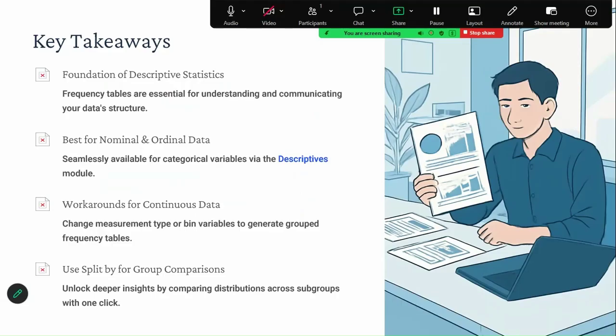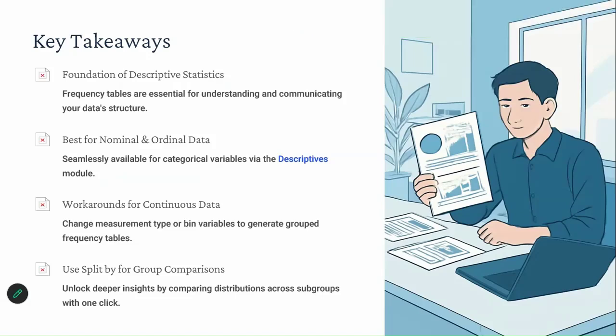To summarize, frequency tables are essential for understanding data. They work best for categorical variables. For continuous data, we use grouping techniques, and Jamovi makes the entire process simple and efficient. In Jamovi, frequency distribution can be obtained either as an exact count for categorical variables or as a grouped visual summary using histogram for continuous data.